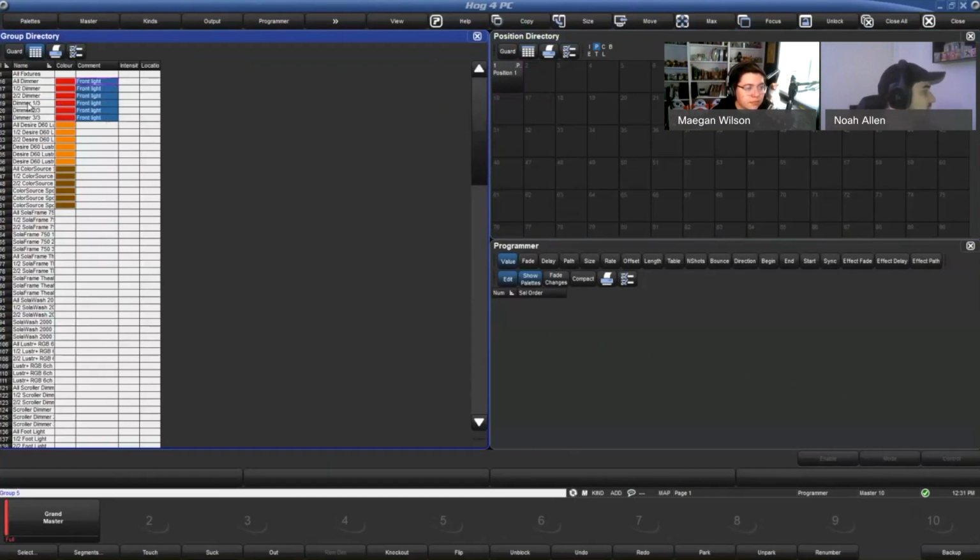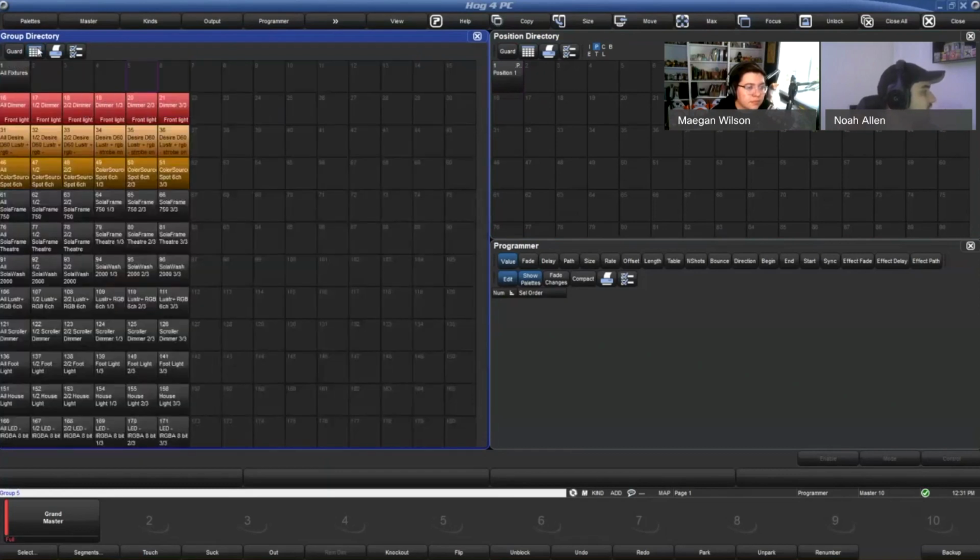I'll put front light. And if you look here, now on the bottom of that little directory palette, it will carry over that information that I added. You can also use this for copying things. So I'm just going